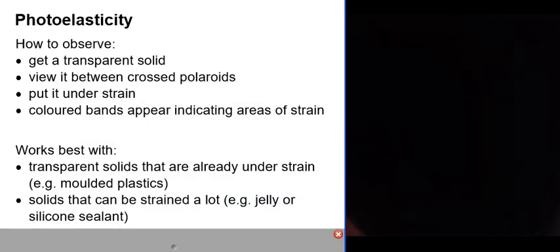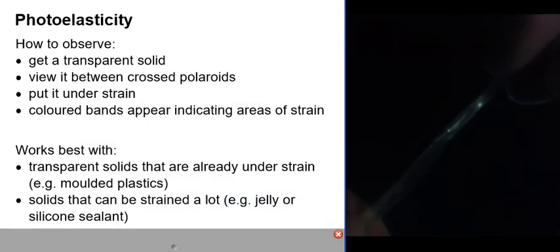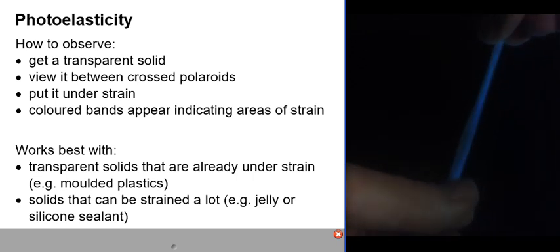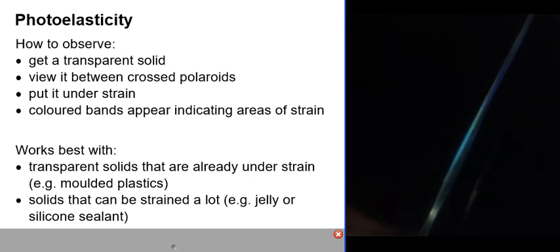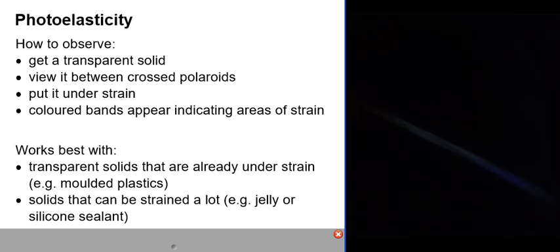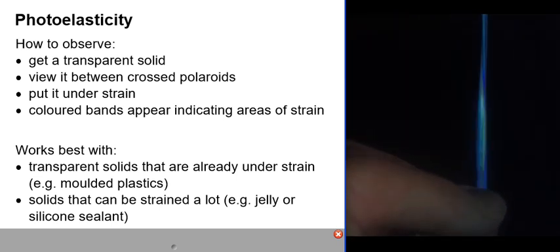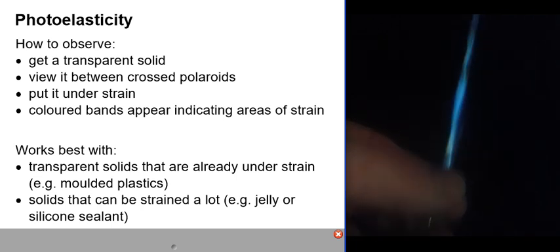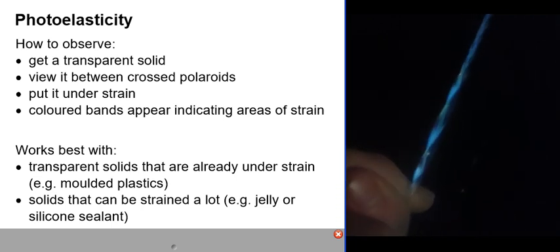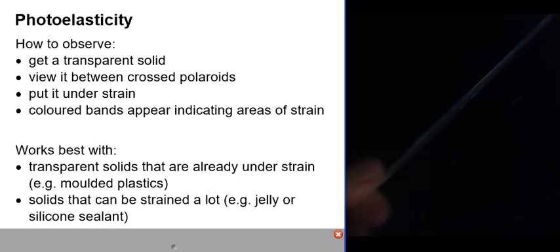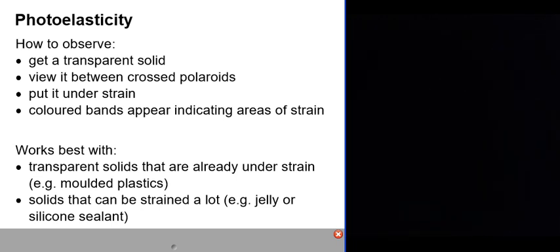of strain. So if I put the silicone sealant in between here and stretch it, you should see it changes colour and you can see coloured bands. It's kind of hard to see actually, it's not working so well today. You can see it a bit there, or if I twist it maybe you might see some different colours. So that's silicone, works all right with that, and then obviously jelly, the thing I had before, is the best,